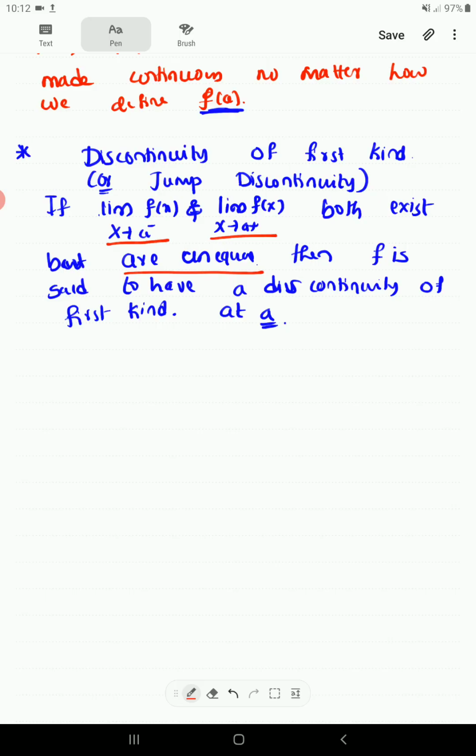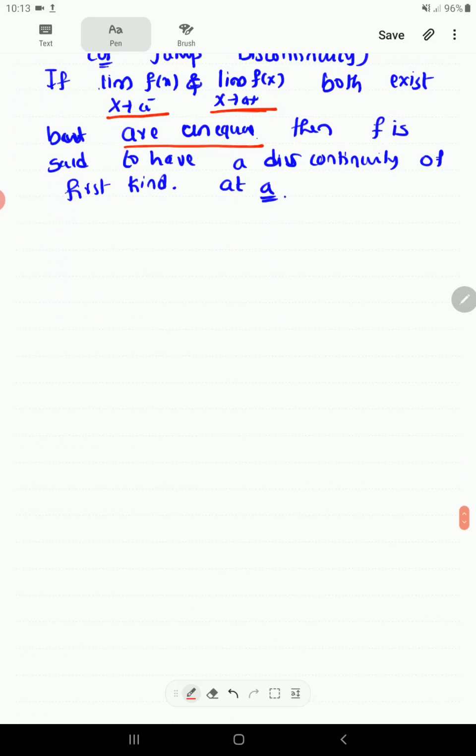So f is said to have a discontinuity of the first kind from the left at a if the left hand limit exists but is not equal to f of a. And f is said to have a discontinuity of the first kind from the right if the right hand limit is not equal to f of a. So we get a discontinuity of the first kind if the left hand limit and right hand limit exist but they are not equal. Next we have